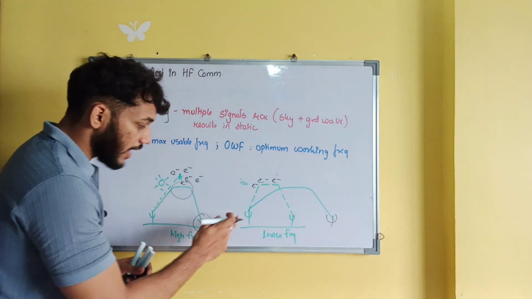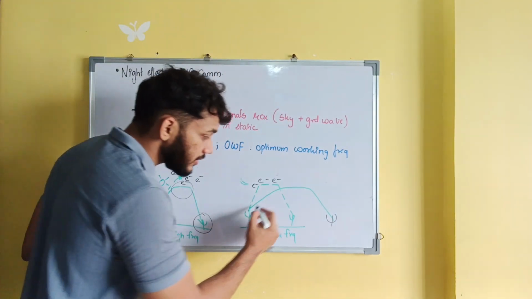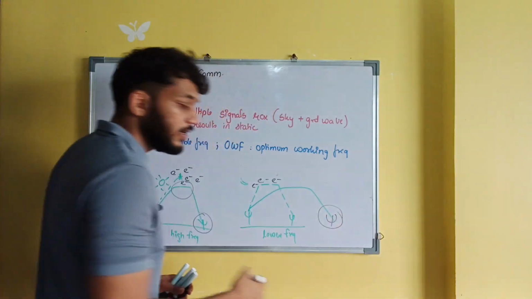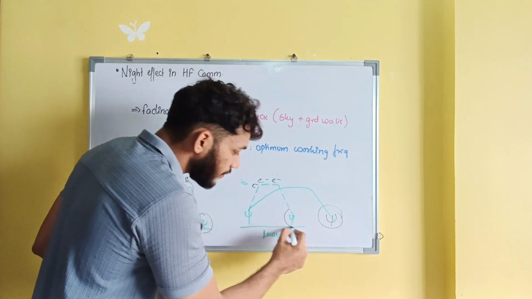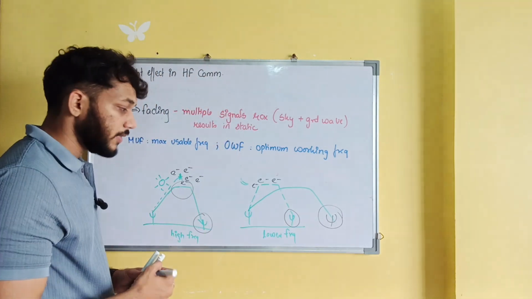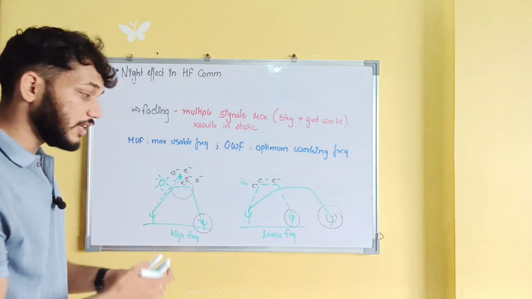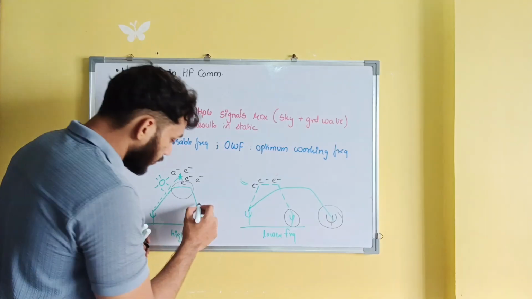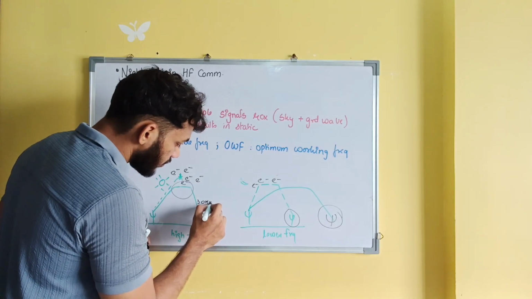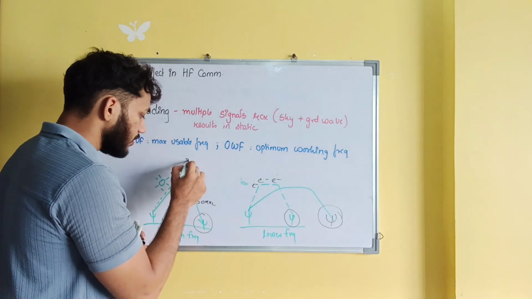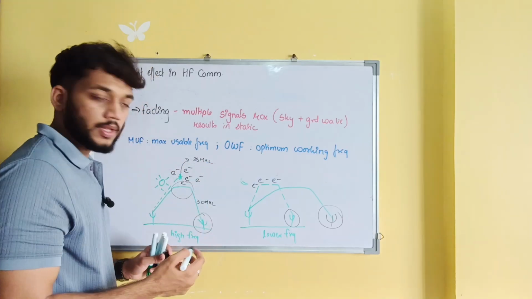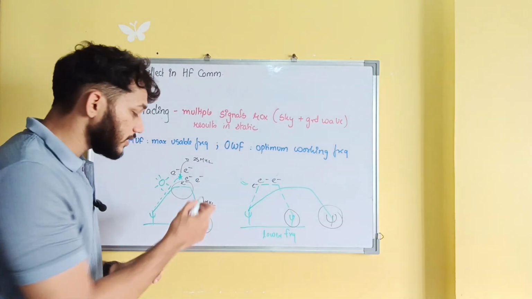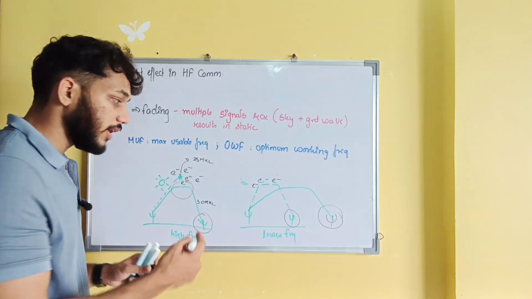So basically, as you can see here, during night, this higher frequency wave is getting received at a much larger skip distance, whereas this lower frequency is getting received over here. So if the pilot does not change the frequency of the aircraft, suppose it was 30 megahertz over here and this is 25 megahertz. Okay. So if the pilot does not change its frequency from 30 to 25 during night, what will